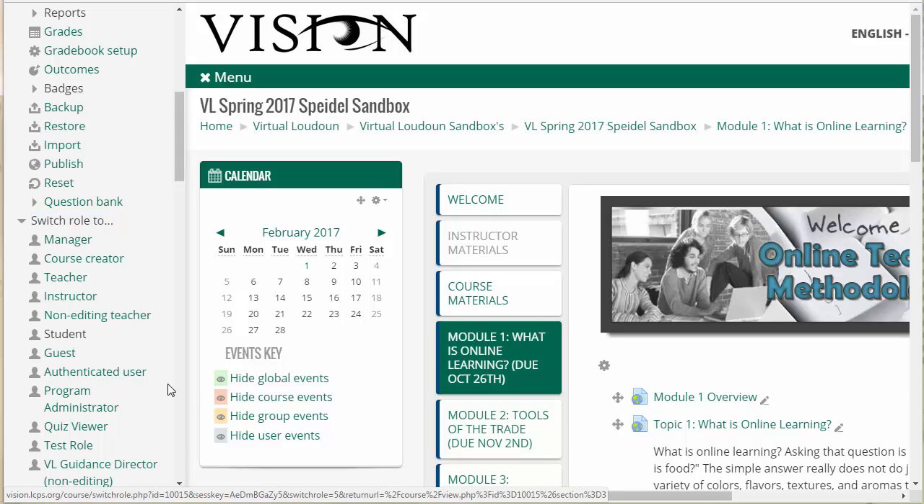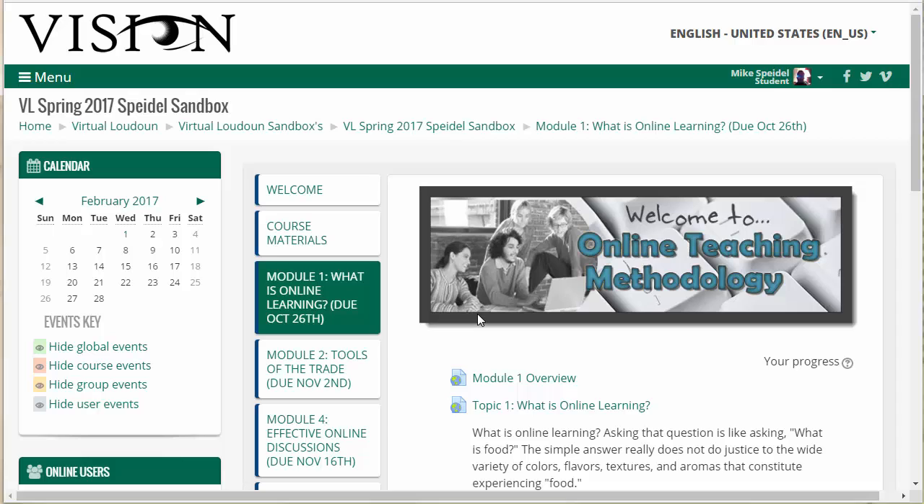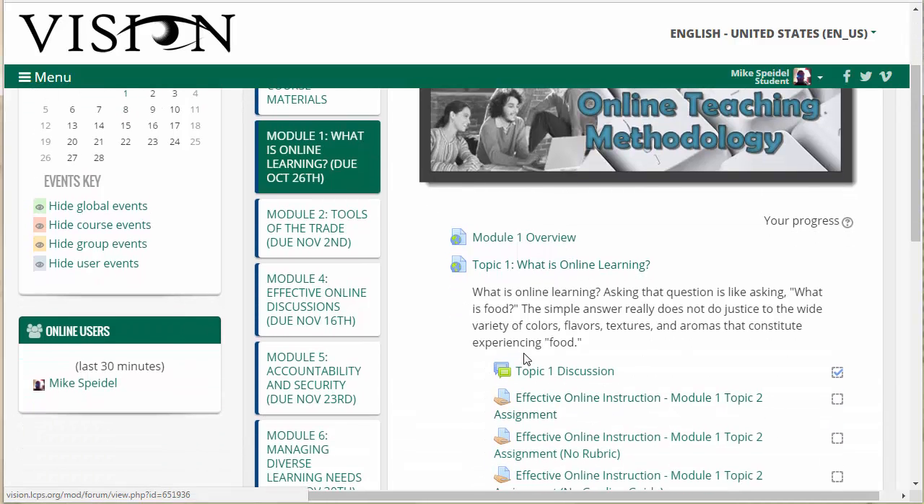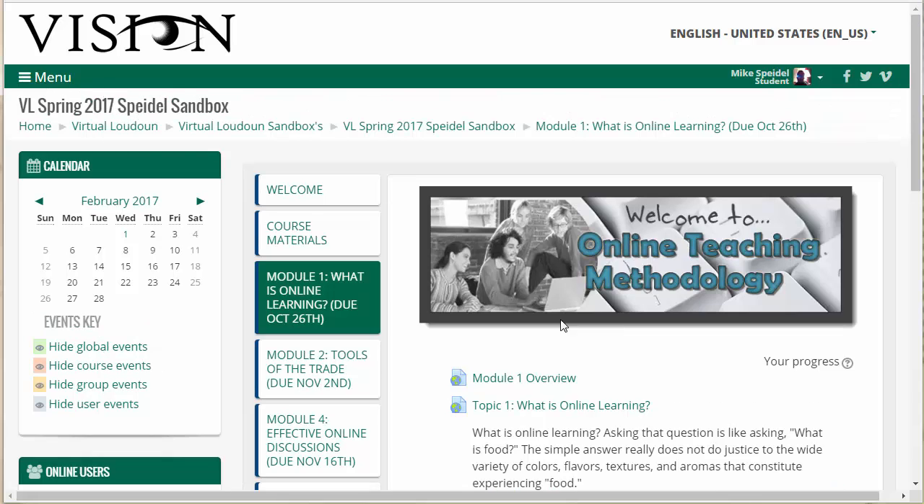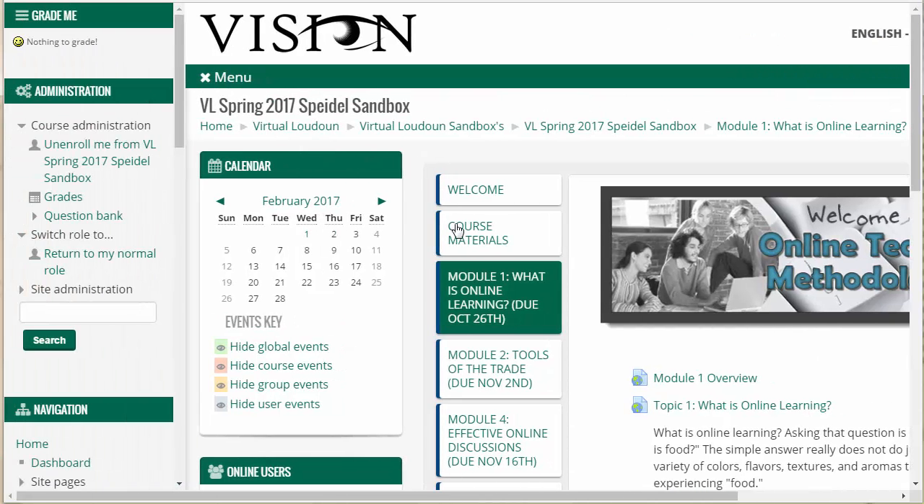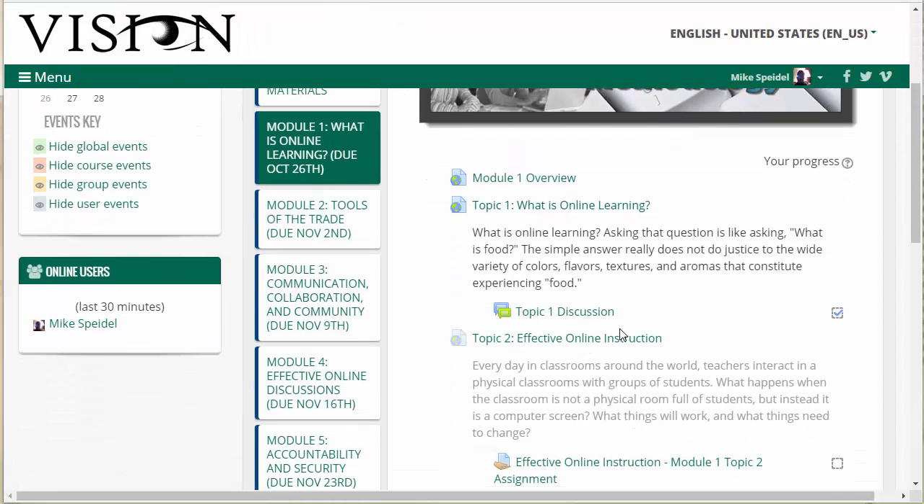So I can click on student right here, and now this is what my course would look like as if I was enrolled as a student in the course. And if I scroll down, you'll notice that topic 1's right there, but topic 2 is not there. That's because topic 2 is hidden, and the only users able to see that are instructors within the course. So let me navigate back to my traditional role. All I need to do is click on the menu button, go to the administration block, and go to return to my normal role. Once I do that, you'll see that it comes back